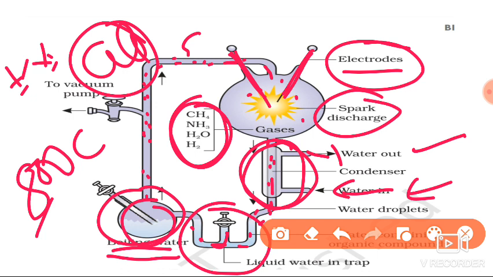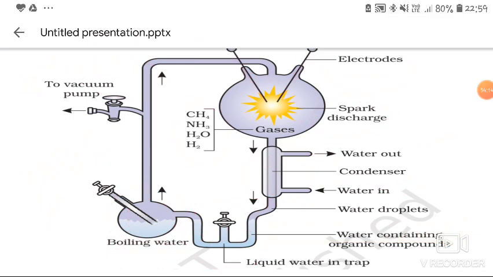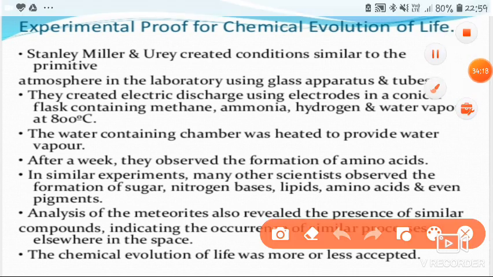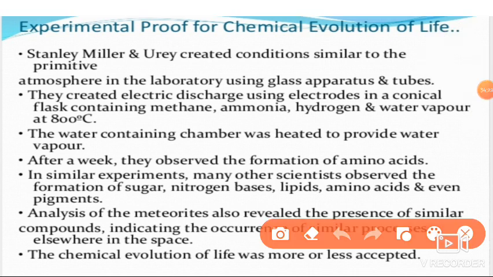So we agree with that experiment. This is the Stanley Miller and Urey experiment. And once you go to the points, these are all the points of that experiment. You can see here, they used electrodes just to produce the electric discharge, and they used methane, ammonia,